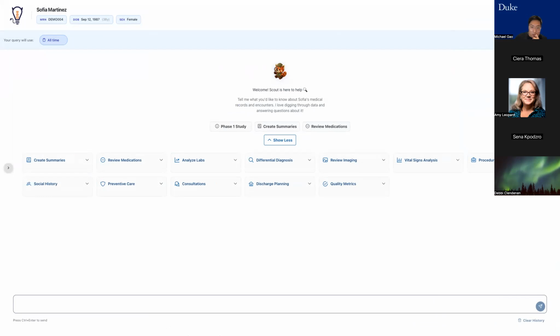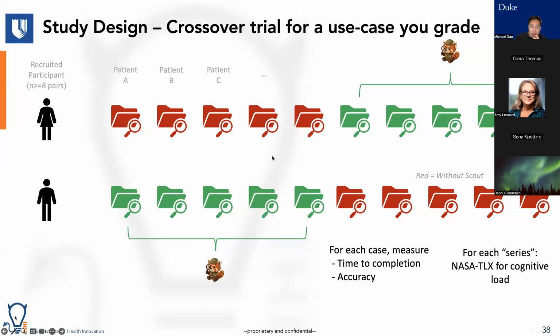So here we go. And so here's how we're thinking about evaluation for this. And this is an ongoing study that we recently got IRB approval for. It's been a lot of work in the past few months on both developing the tool and developing the statistical analysis plan and so on and so forth. So I'm quite in the weeds here, but the way that we're thinking about how to study this is that